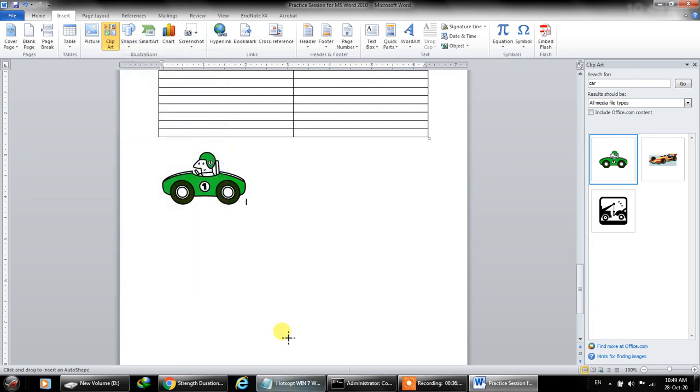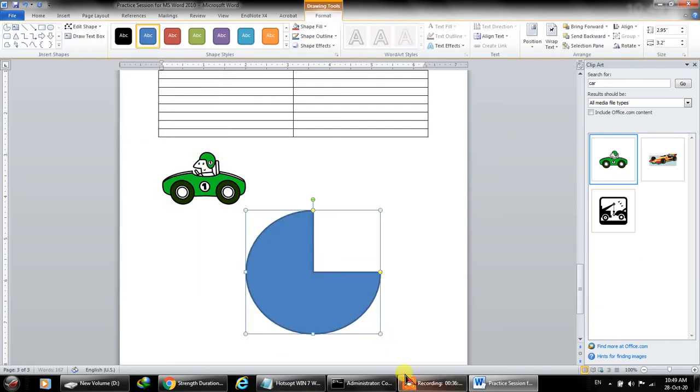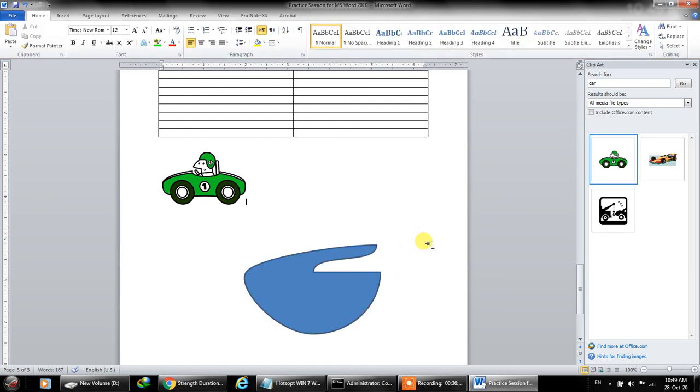For example, let's say I want to draw this shape, and again you can change the color, the style or shape, fill and effects and things like that. And even if you want to edit the points, let's say I want it to be like this, so you can do virtually anything on this.